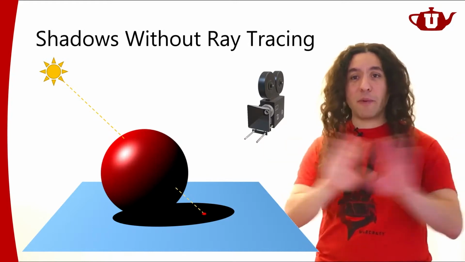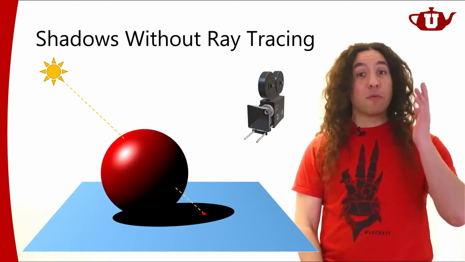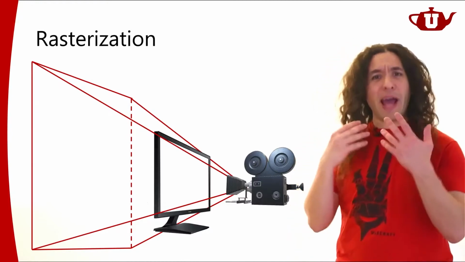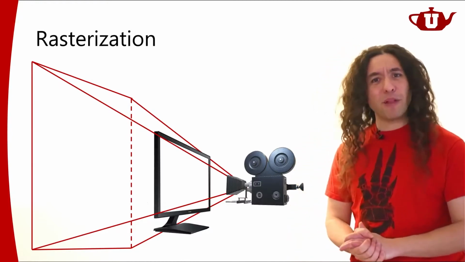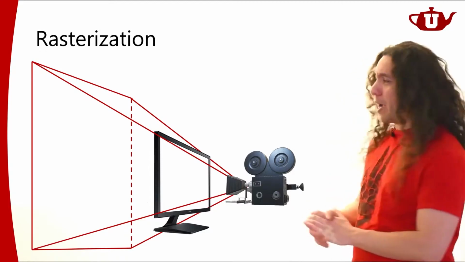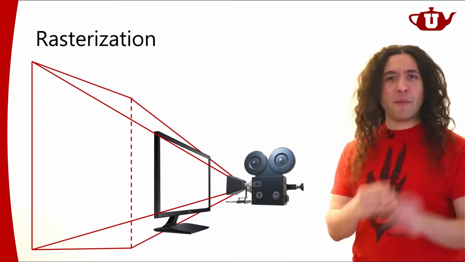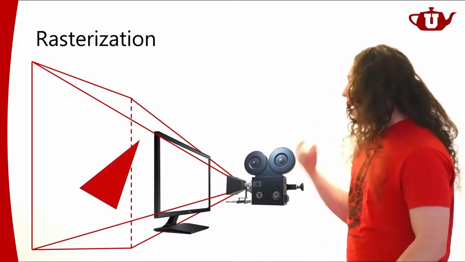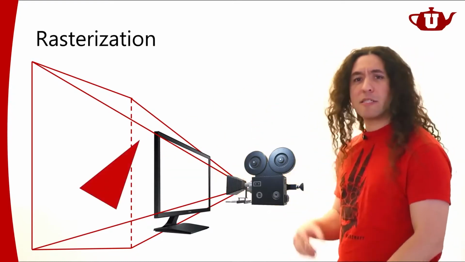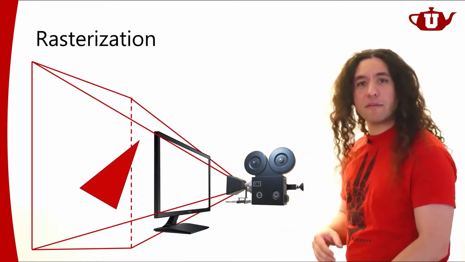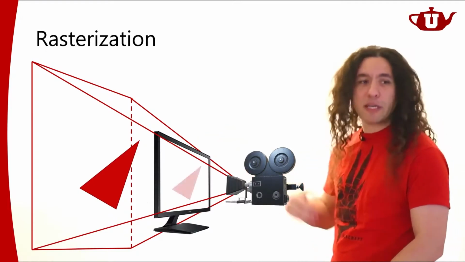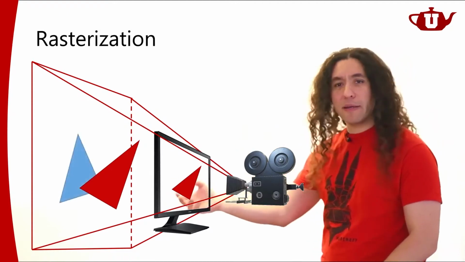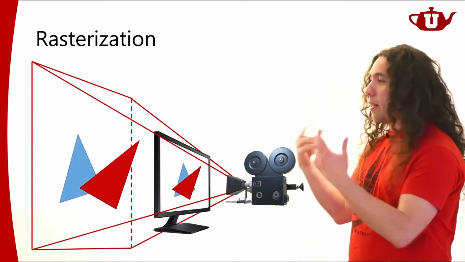Okay, so let's assume that we have no access to ray tracing. We're doing rasterization. Remember rasterization? Yeah, that's what our GPU rendering pipeline is designed to do. All right, so we're doing rasterization. How am I doing rasterization? I get one triangle at a time, and for each triangle, I just compute its canonical view volume position. Basically, I project it onto the screen, and I shade it, right? I get the next triangle, and I project it on the screen, and I shade it.